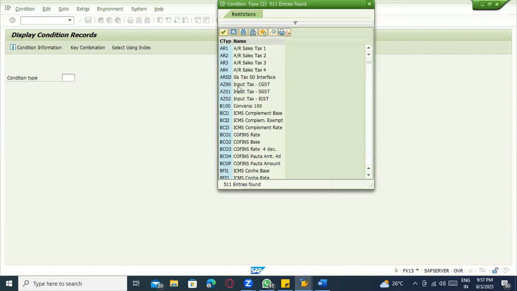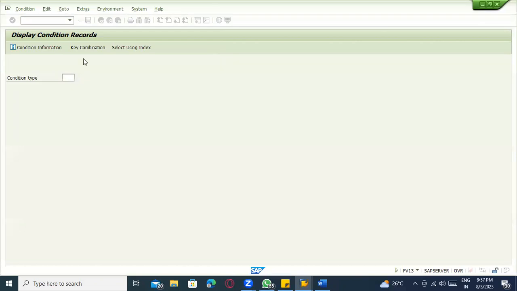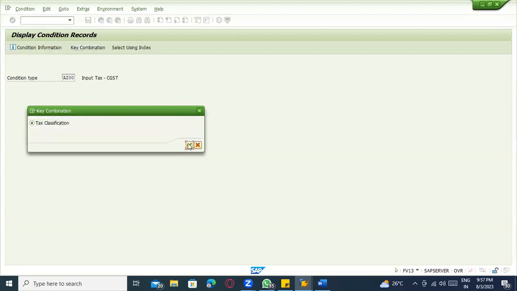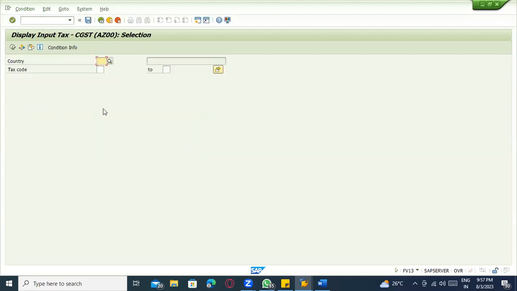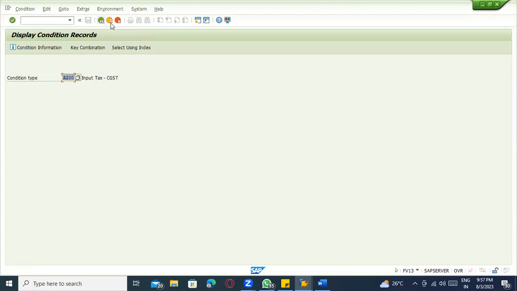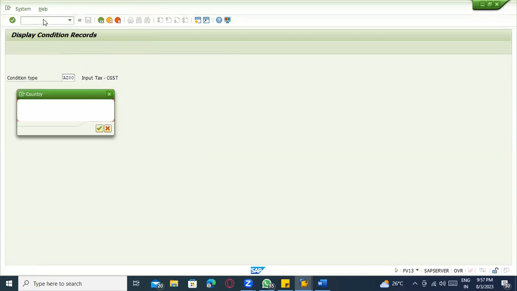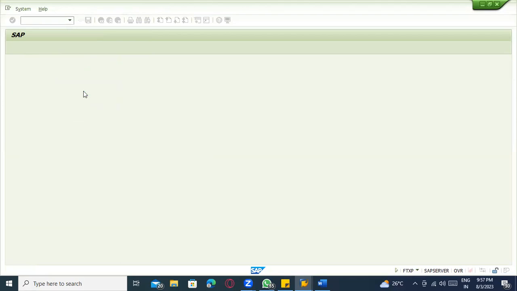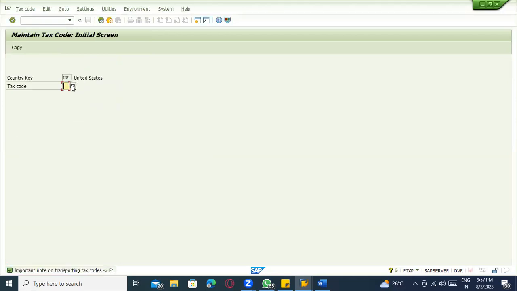You can see here when I go to this one, again the key combinations, what is maintained, and the condition tables, again that is based on tax classification. So at tax classification level, when the country and tax code are there, they maintain this CGST value. First of all, they will create the tax code, input tax code and output tax code. Suppose I'm planning to create in the US country. So in this US country, what tax code are you planning to create?